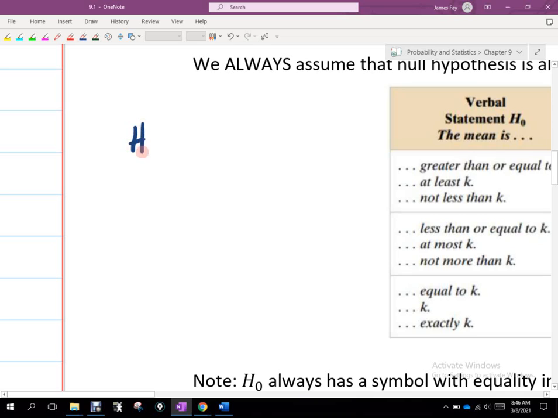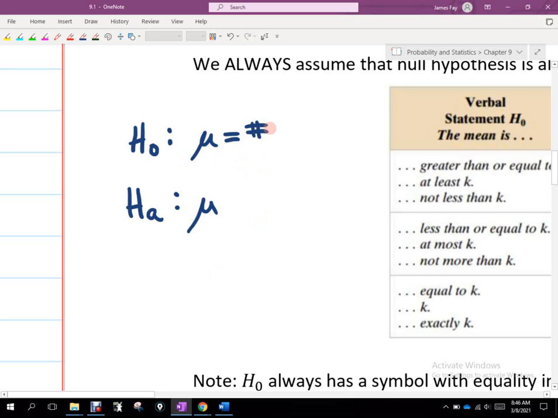We'll write down H sub 0, and then a colon, and we'll write H sub A, or H sub 1, however you want to write it, and a colon. We'll deal with the parameter that we're interested in, so we'll say mu, and it'll be mu in both of these. So if I say mu is some number,